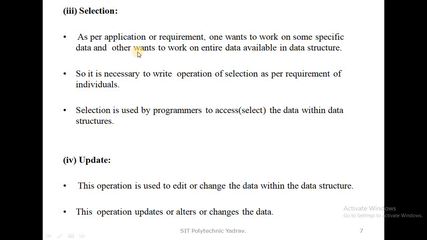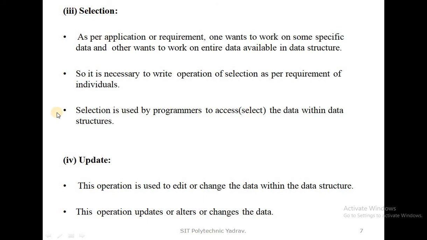That means when two members want to split the entire data into two parts, we use the selection operation. Using selection operations, as per each person's requirement, we individually give them the data.